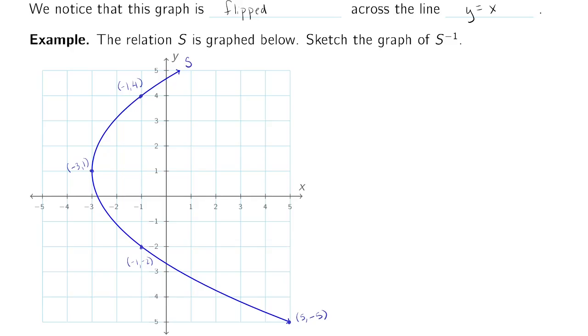So -1, 4 becomes 4, -1. -3, 1 becomes 1, -3. -1, -2 becomes -2, -1. And then 5, -5 becomes -5, 5. So we have these points,